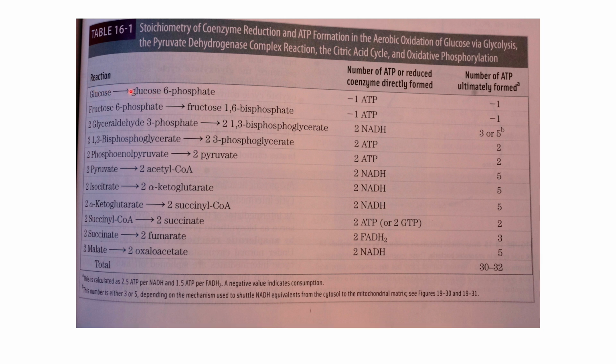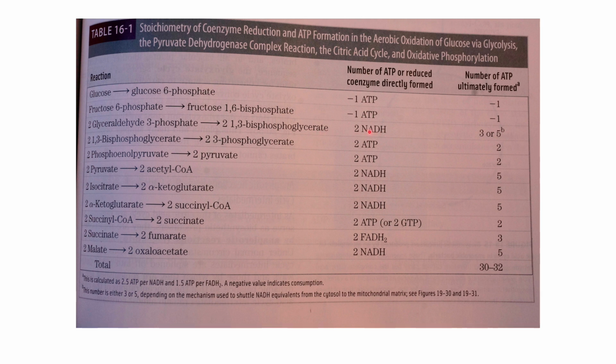The transfer of phosphate to glucose to form glucose 6-phosphate costs an ATP. Similarly, the production of fructose 1,6-bisphosphate with PFK also costs 1 ATP. The formation of 2 glyceraldehyde 3-phosphate